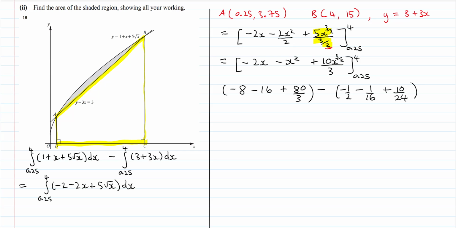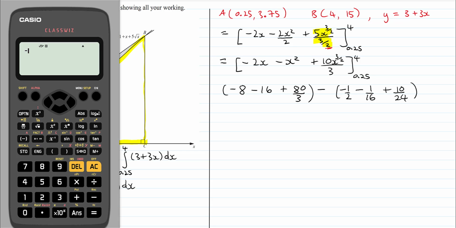So now we'll get our calculator and we'll work this out. So we've got negative 8 minus 16 plus 80 over 3. So that equals 8 over 3. And then we're going to subtract, and make sure we use brackets here. Negative 1 over 2 minus 1 over 16, and then plus 10 over 24, and close the brackets, and that equals 45 over 16,